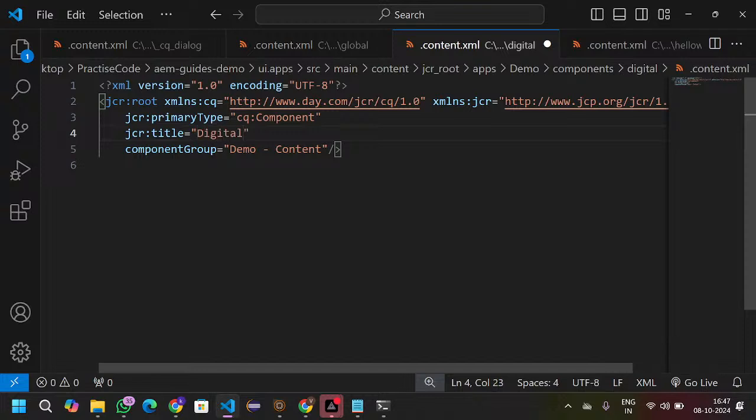Okay, and the component group I am not changing. So the remaining all I am not changing. Whatever I had, the same thing I am maintaining. I am changing only the JSON title, that is digital. Remaining all things are the same. Okay, fine. Next thing is